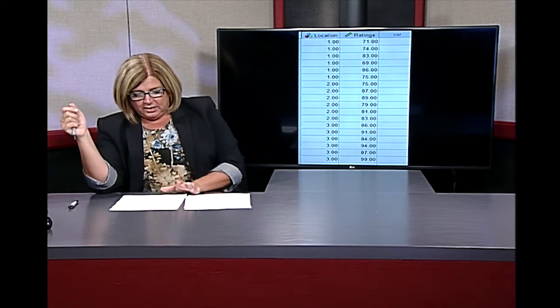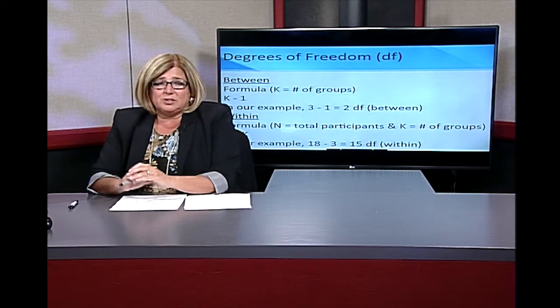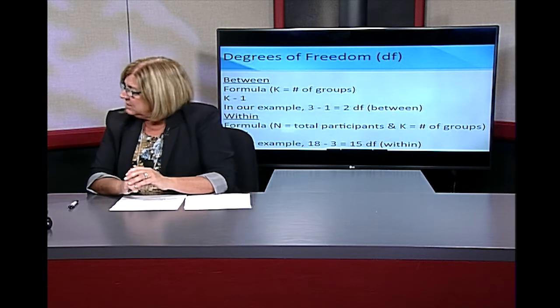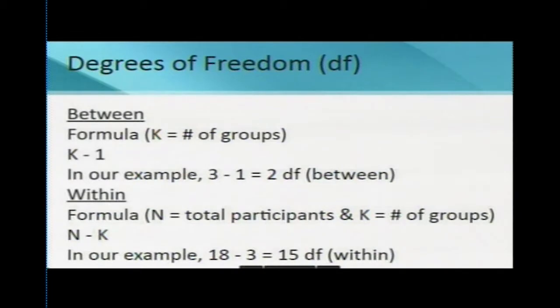And so we can define the degrees of freedom for the analysis of variance, and we have to define the scores in 2 ways. We have to look at the degrees of freedom between and also within. As we go to this screen, we can see that there are 2 different formulas for the model that we're talking about. One is between, right here, and then one is within. As we identify the degrees of freedom, we know that the formula for how the groups can vary between groups is the number of groups minus 1. For our purposes, we had 3 locations, and we subtract 1, and that means that we have 2 degrees of freedom between.